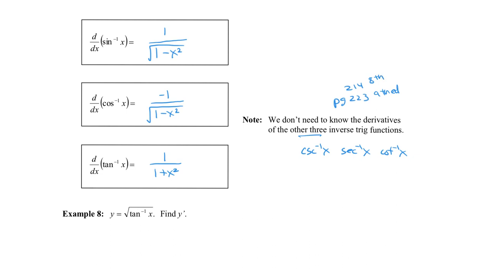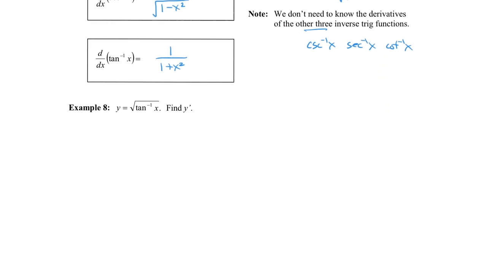But again, the answer completely depends on how you define these, and there's generally not agreement about how to define those. Remember, you have to make them one-to-one. So people use a different range for these when they do that. But it's a lot of work that you don't need, because everything we need we can do with these three right here. Okay, so speaking of these three right here, let's try example number 8, which says y equals the